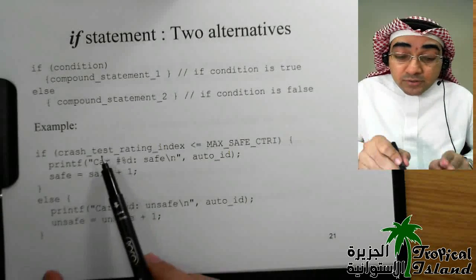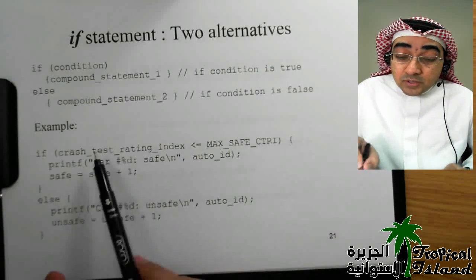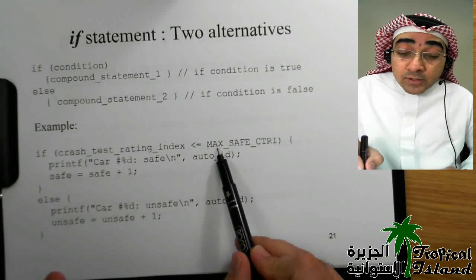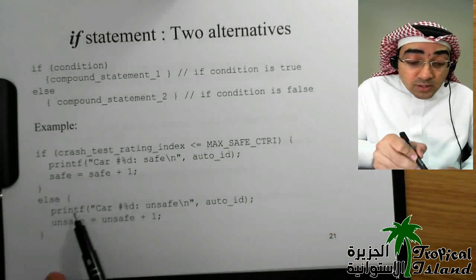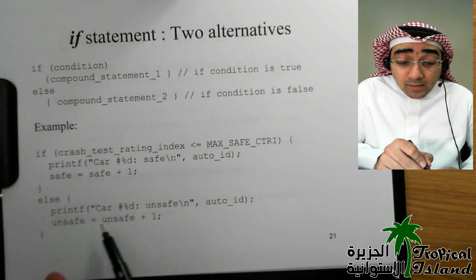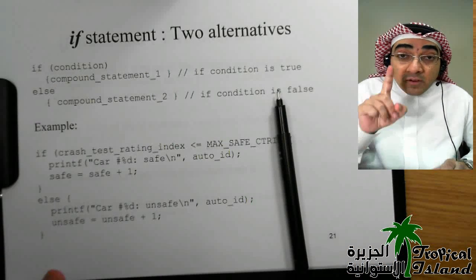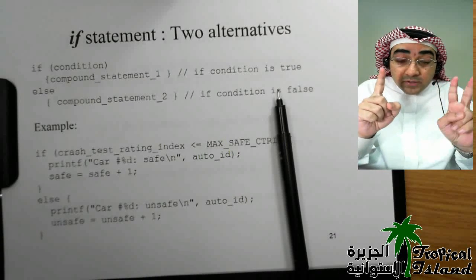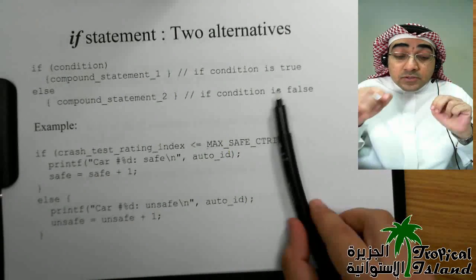Then I'm going to crash the third car and check this, and suppose this condition was false. So the third crash that I did, the crash test rating index was more than the maximum safety critical, so I'm going to go over here and I'm going to print the car is unsafe, and now I'm going to add 1 to the unsafe cars. Okay, so I have 1 unsafe car, 2 safe cars,